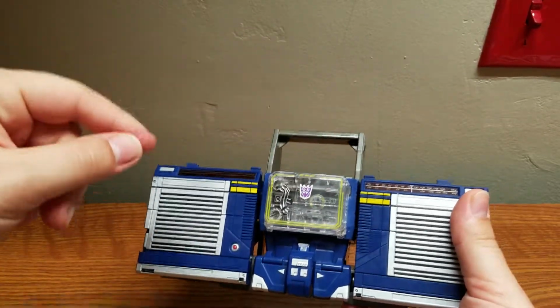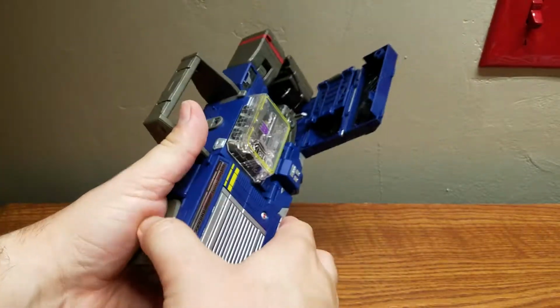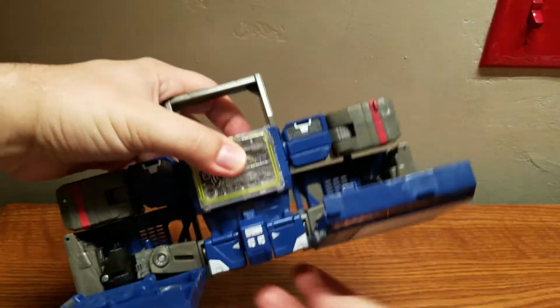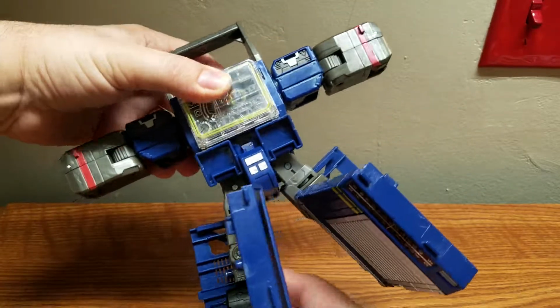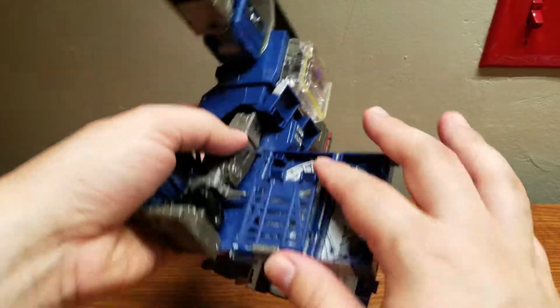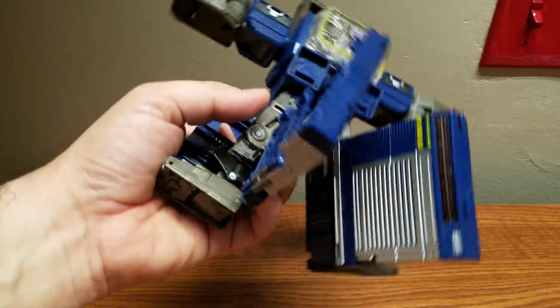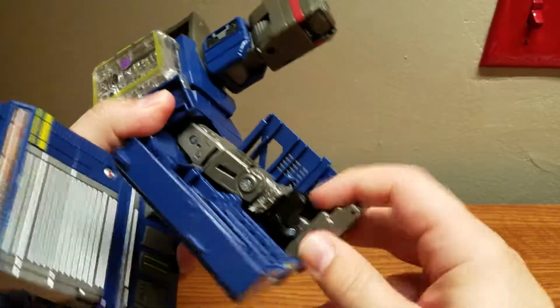And he's actually very simple. I'm surprised by how simple he is. So first things first, you pop these down, like so. Then you bring, well, first you lift up these flaps. You lift this down, push this down, and ignore these flaps. Oh, and if you're wondering, these flaps are for his base mode, which I'll explain later. I'm not going to show it off, but explain later. Then you come in here,